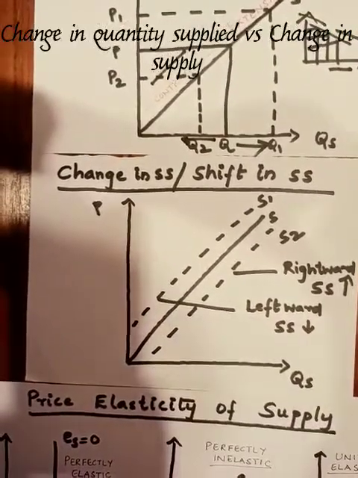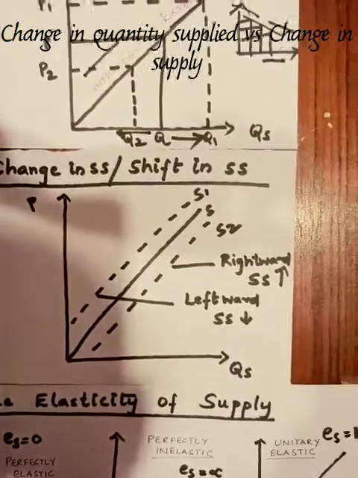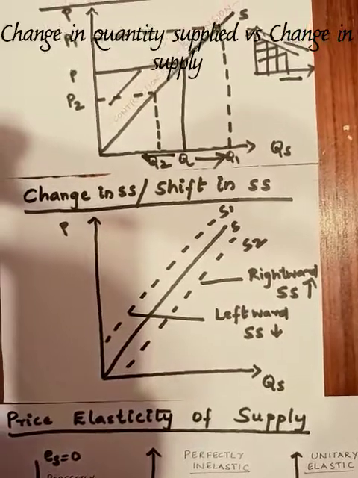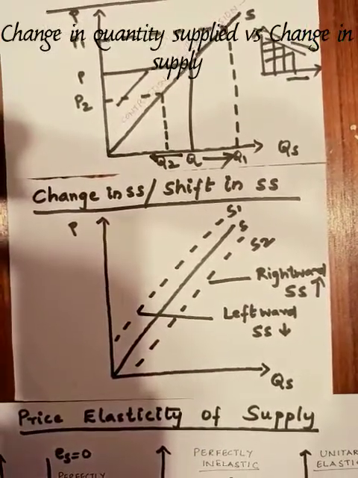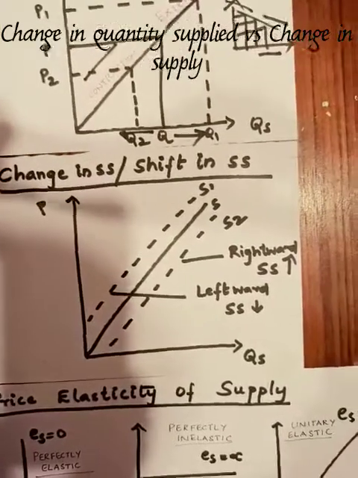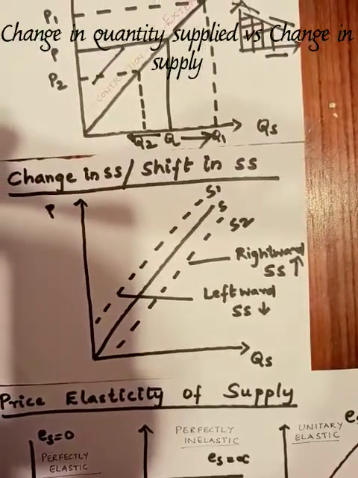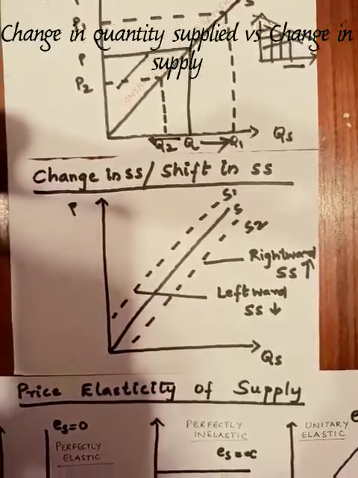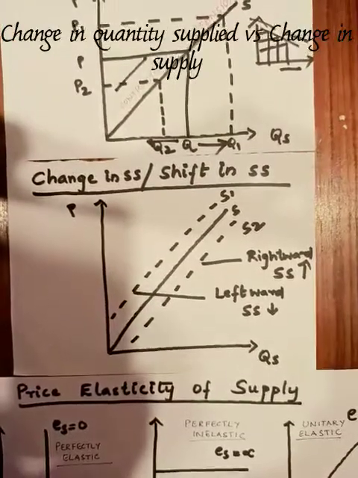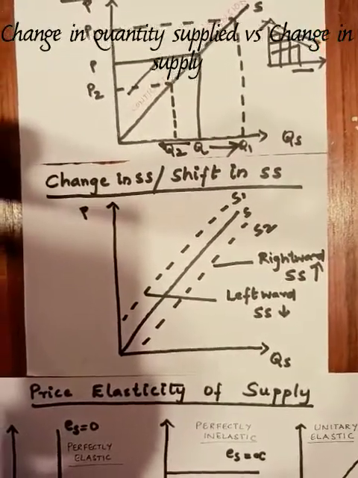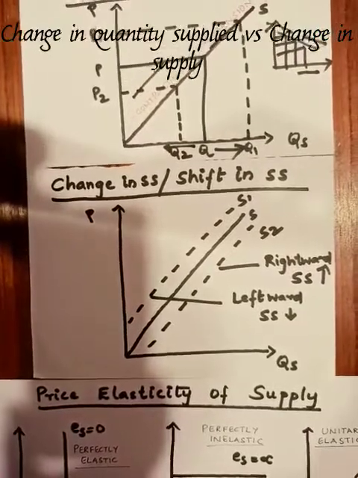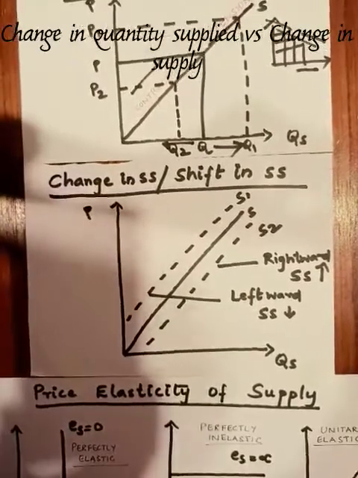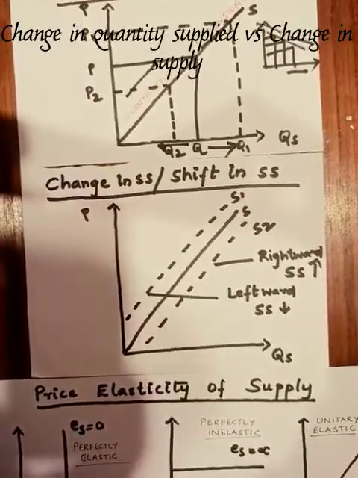Okay, so in what all situations will this shift right and shift left? The supply curve will shift to the right when there is a fall in prices of inputs, use of advanced technology, fall in price of other goods, lowering the taxes of production, and rise in the number of firms. And what will cause a decrease in supply? Rise in prices of inputs, rise in prices of other goods, rise in taxes of production, and fall in the number of firms. So all these factors which affect the supply of the product will start to change here.